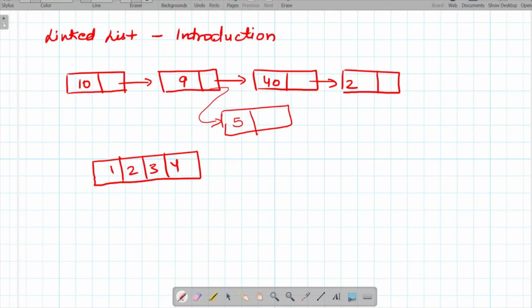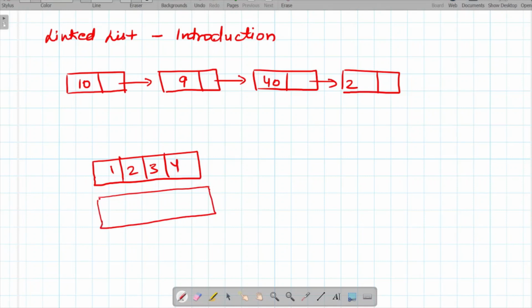and thus our insertion is very simple. But in the array, if we have to insert an element between 2 and 3, our memory was already pre-allocated. So if we have to store it again, we have to double the size of our array, and then we can store it. For example, if our previous array was of size 4, then for inserting 5, we have to double the size of the array initially. It will look somewhat like this, and then 1 2, and then our new element 5 can be stored, and then the further elements. So this is again a costly operation.